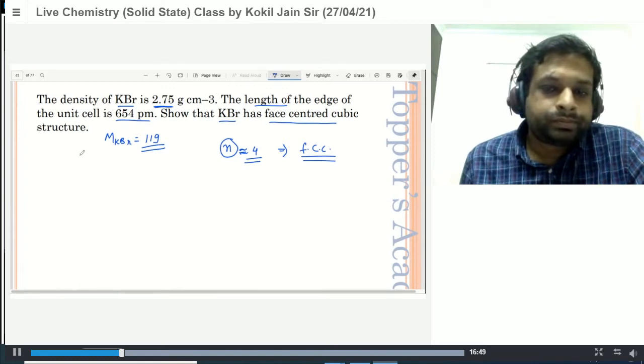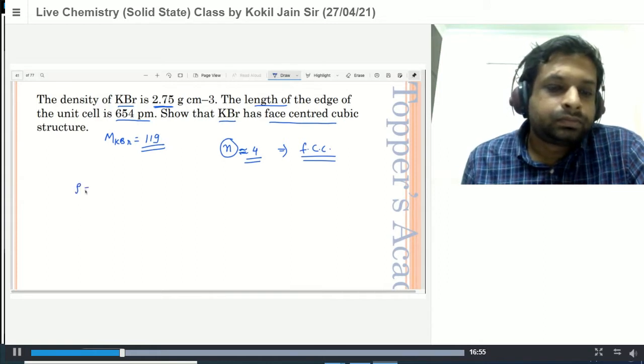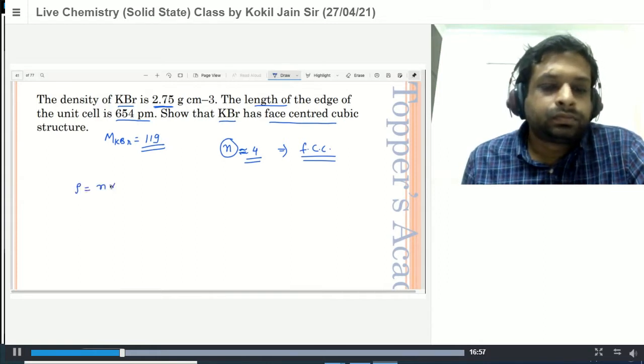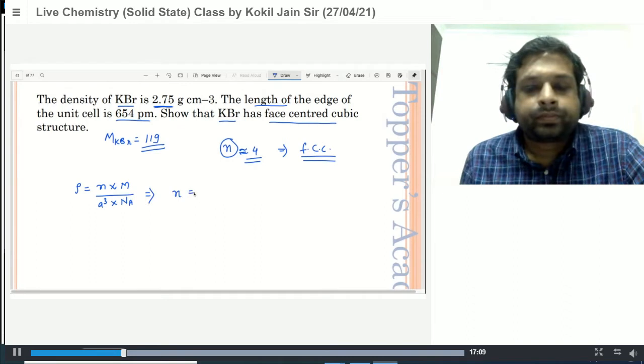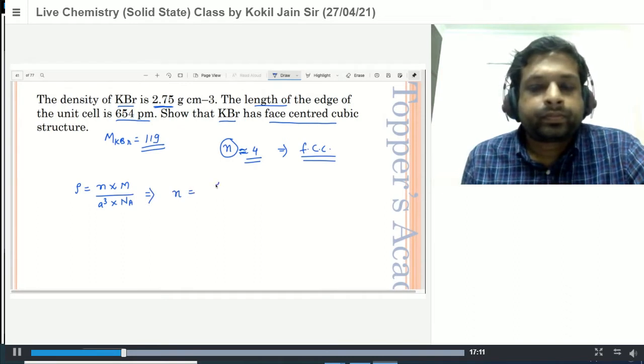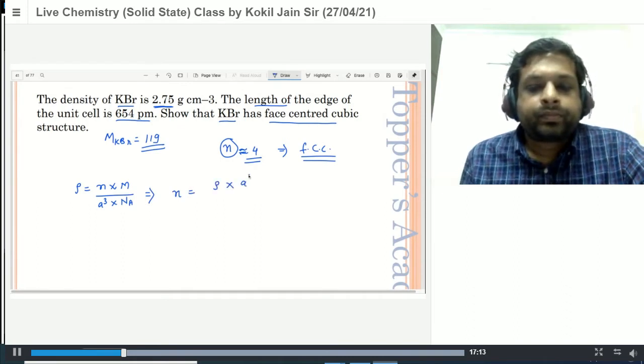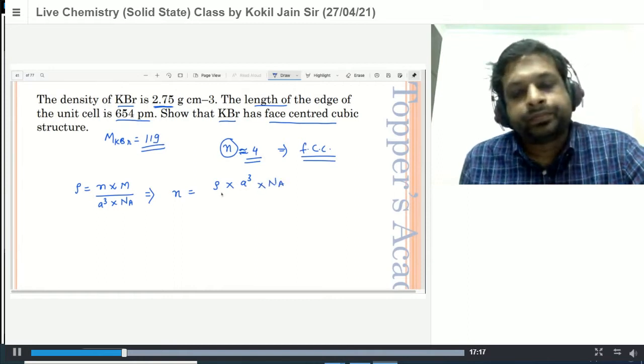So, Anand, let's start here. We are discussing the crystal density of the crystal now. What is the crystal density? What is density? We know it is the overall mass divided by volume. Now we will calculate the mass which is present in this crystal.